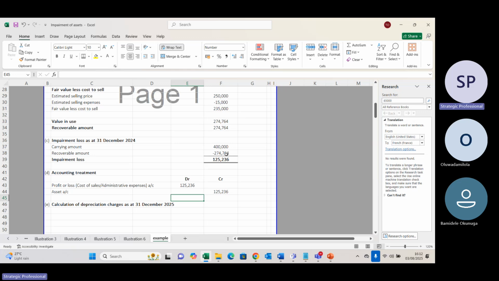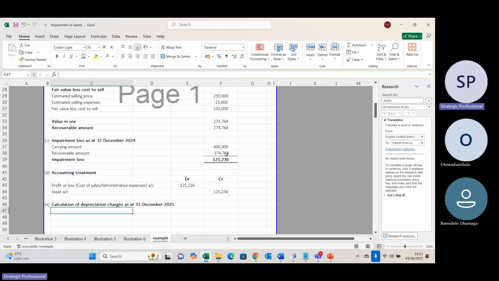Now, in relation to impairment loss, once the carrying amount of an asset is more than the recoverable amount, what has happened is that high depreciation has actually been charged to the P&L. When you have now factored in impairment, it means that going forward, the depreciation will become lower. Why? Because the value of the asset has also become lower. There's a relationship. If the value of an asset is going high, depreciation will also be going high. If the value of an asset is going low, depreciation will also be going low.